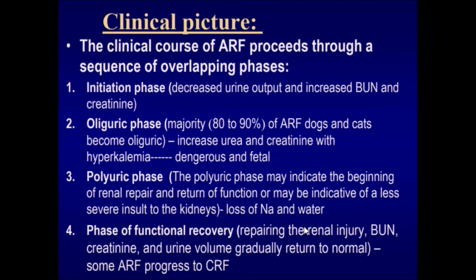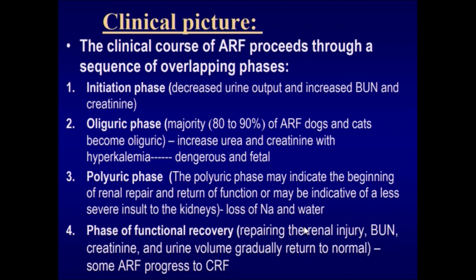Now, what is the clinical picture? The clinical course of acute renal failure proceeds through a sequence of overlapping phases. Number one, initiation phase. During this phase, there is decreased urine output and increased BUN, blood urea nitrogen, and creatinine level. And number second is the oliguric phase. During this phase, the majority, about 80 to 90% of acute renal failure dogs and cats, become oliguric. Increased urea and creatinine with hyperkalemia occurs in this case. This is very dangerous and could be fatal and can take the life of your pet,